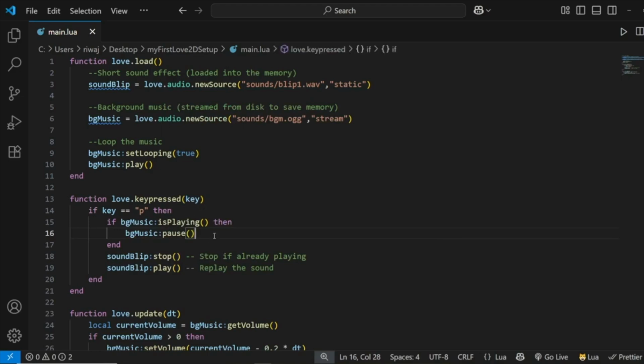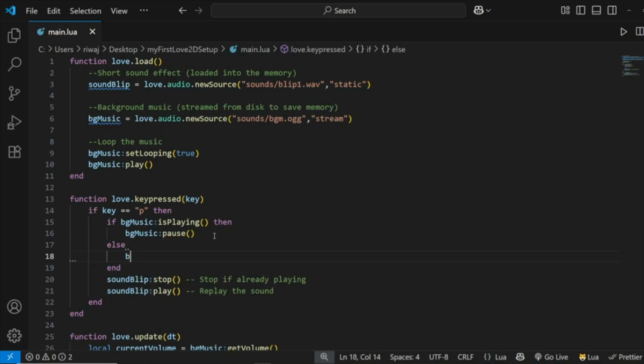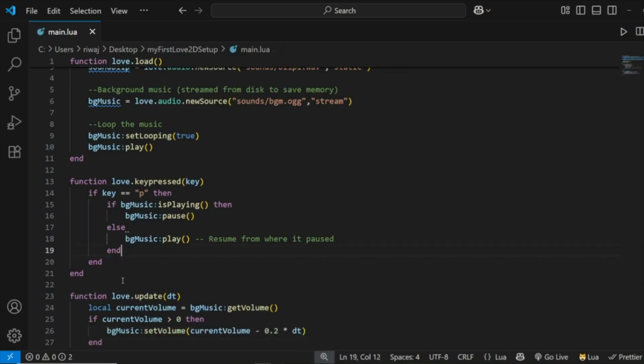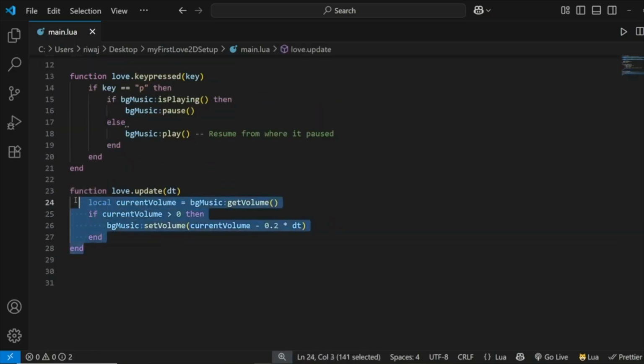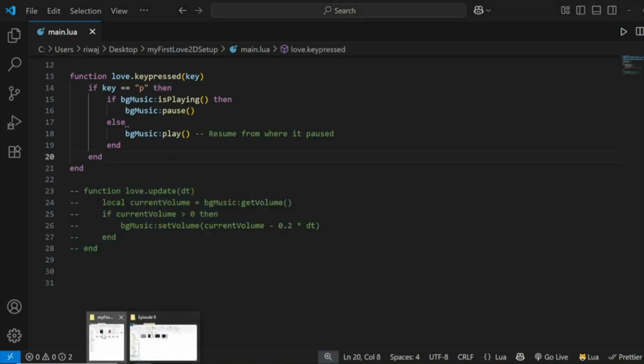or else we will play our background music. So we'll use colon play. Now this will resume from where it paused, and we'll remove this sound blip, and this will be our function. Now let's comment this out at first,